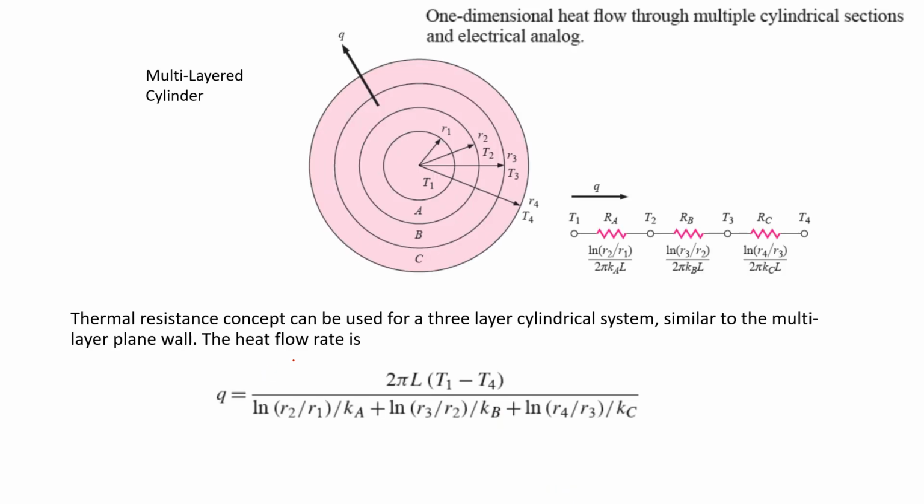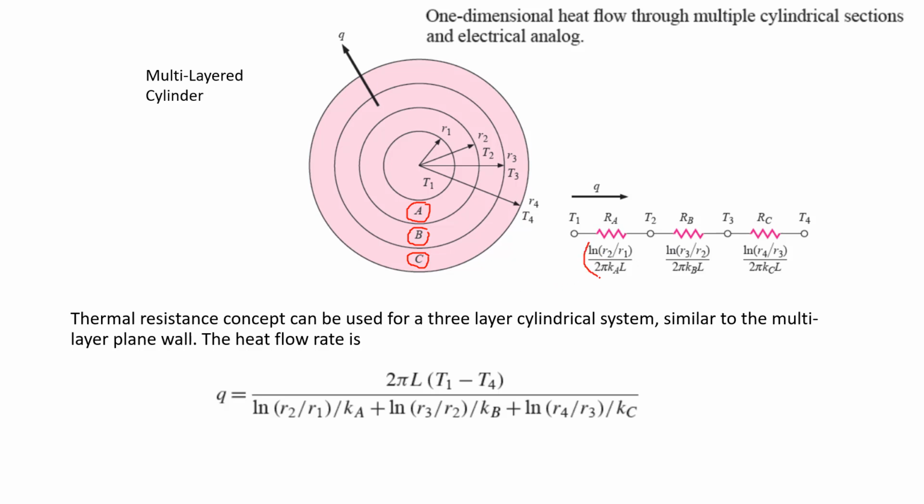Then we discussed different layers of cylindrical system. For example, you have a hollow pipe and there are three layers wrapped on outside surface of the pipe. So for example, layer 1 is wrapped by this material A, layer 2 is covered by material B, and layer 3, the outermost layer, is covered by material C. So you can see there are three different solid layers A, B and C.